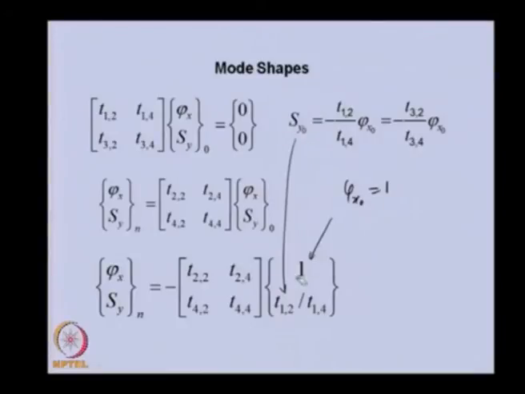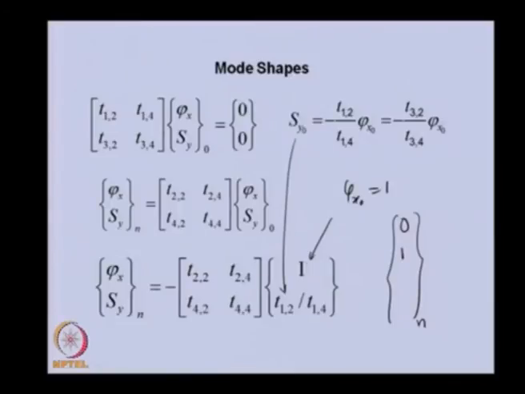Now, you can see that the state vector, which is the angular displacement at the nth disk, and the state vector, that is the shear force at the nth disk, are known. If we see the boundary condition at the nth disk, we have linear displacement 0 because this is the simply supported case, and the angular displacement we can get from here, because now phi x n will be given by the first equation here.